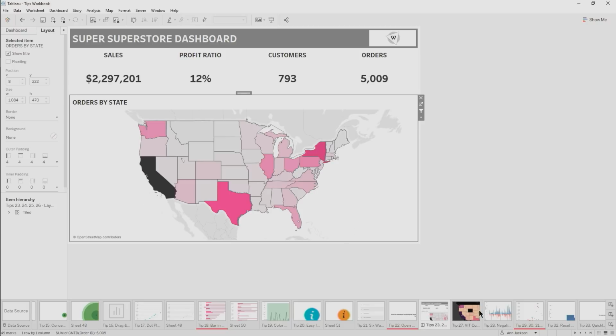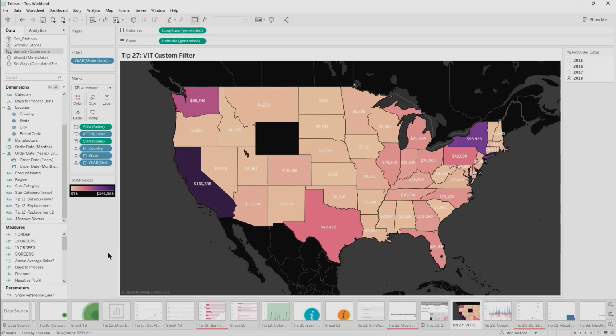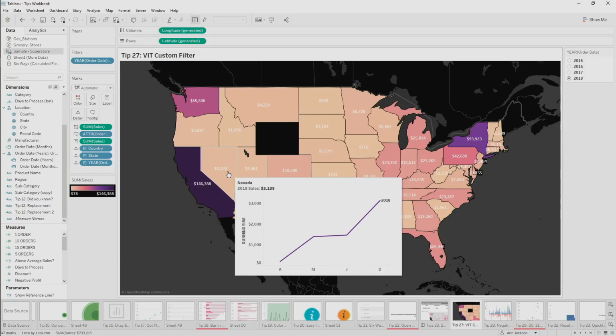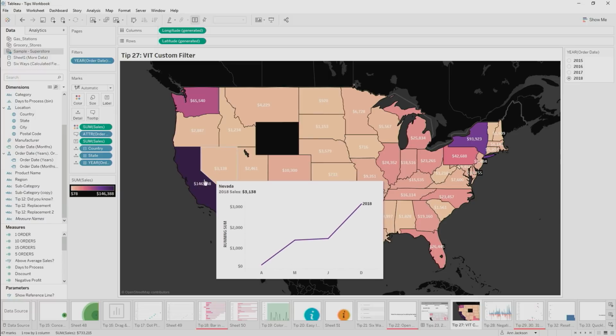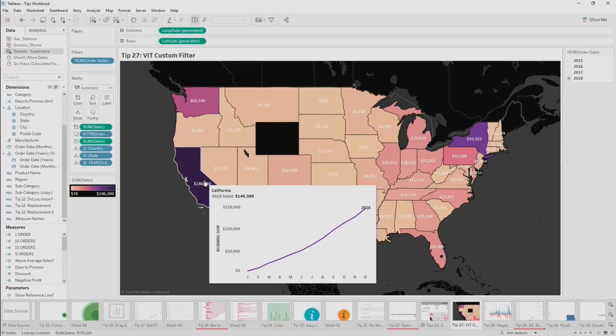Okay. My next one is customizing Viz in Tooltips. So we all love Viz in Tooltips. If you notice my map, I'm showing the sales for 2018 by each state. And in my tooltip, I've got a running sum of the sales by month. This is great. I'm seeing my most recent year, but it would really be nice if I could see this